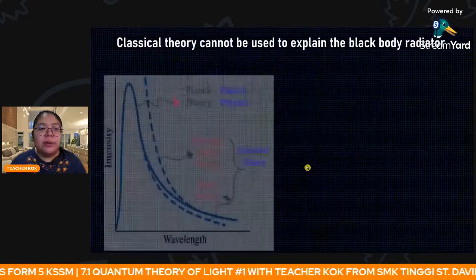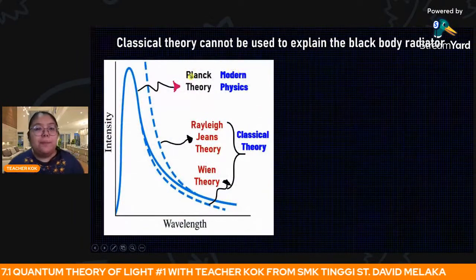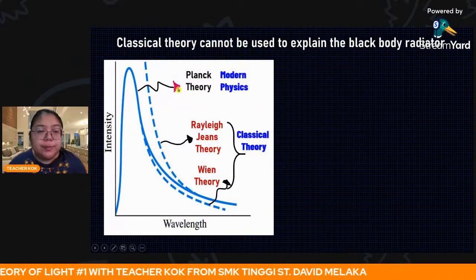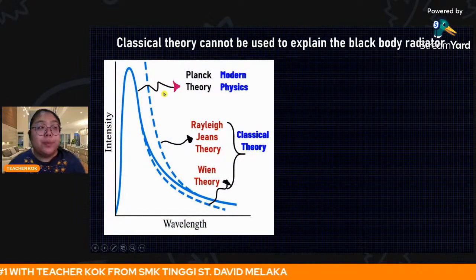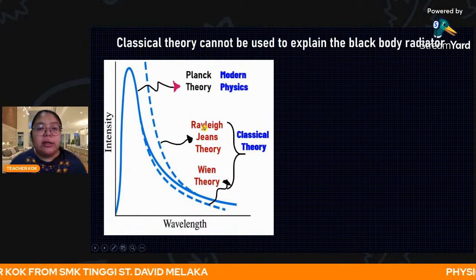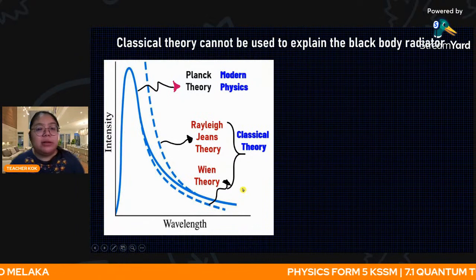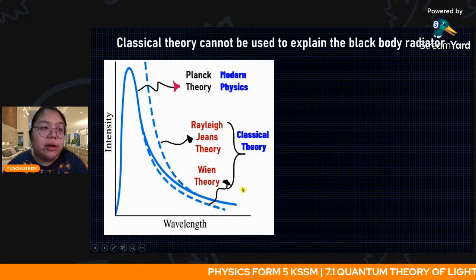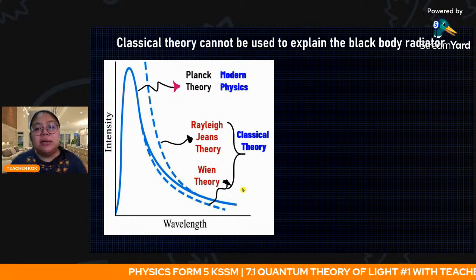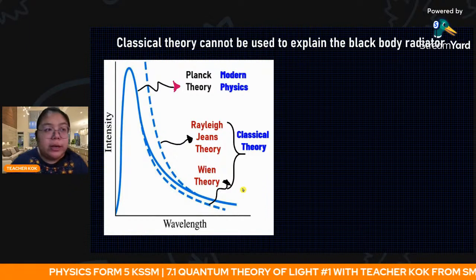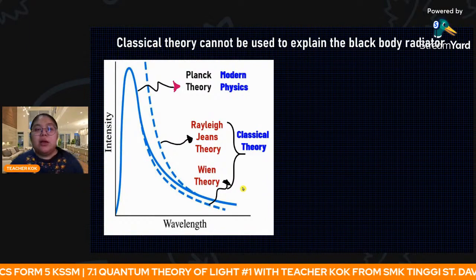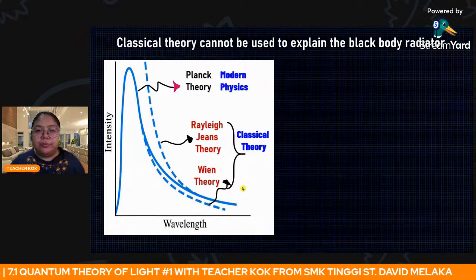Okay, now we're going to explain this part. Modern physics, Planck. Planck is talking about modern physics. Okay, the Rayleigh theory and also the Wien theory explain the classical theory. The classical theory means the frequency continues to increase. Okay, now we go through